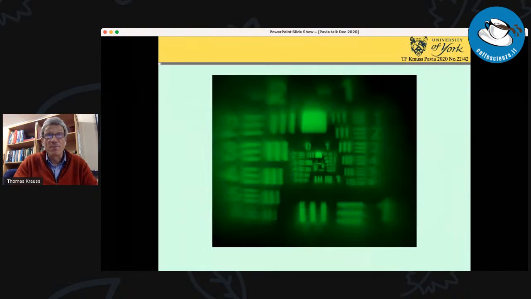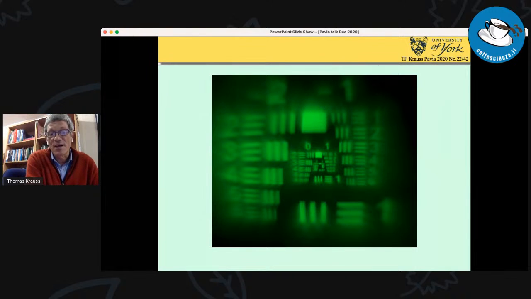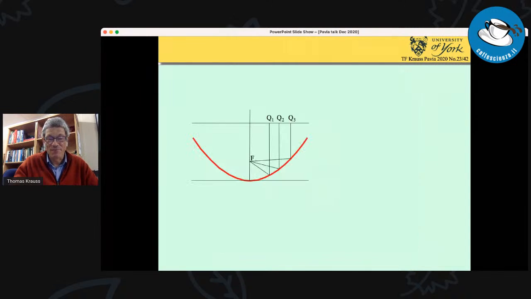First of all, let's look at what it actually looks like. This is a picture of a normal resolution target taken with the type of lens that Capasso designs. Of course, they don't show this picture. They will only show you the very center. They will not show you the full field of view because it looks pretty horrible, right? So this is a problem we're trying to solve. But first let's understand the problem a bit better.